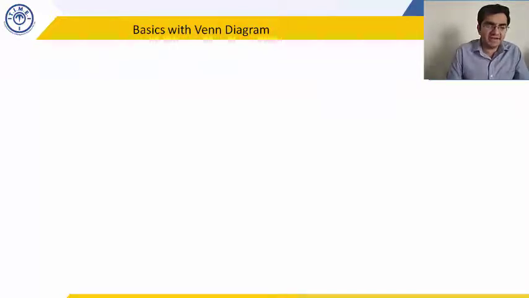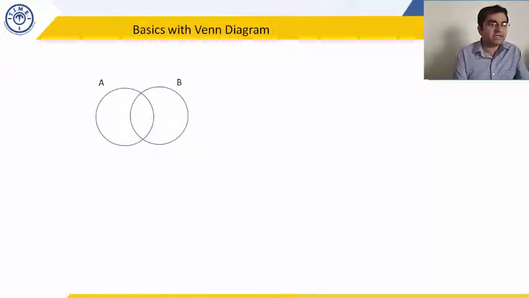Okay, now let's look at Venn diagrams a little bit, because some questions related to Venn diagrams or set theory will be coming. Consider there are 2 circles, or you can say a person studies 2 subjects, subject A and subject B. These are just 2 subjects, and some children are studying these subjects. Okay, now look at the arrow carefully.